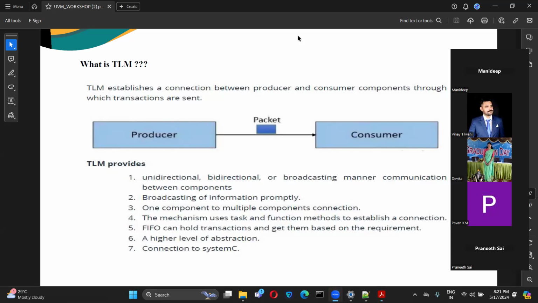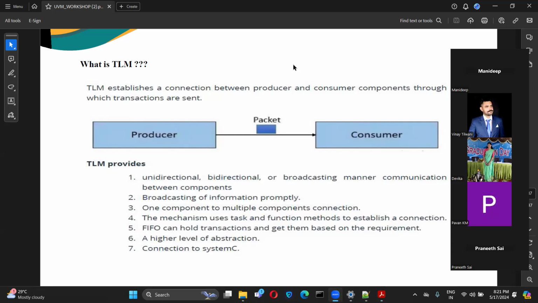Is it because the communication happens in terms of transaction items? Yes, I think the communication is happening in transactions, right?